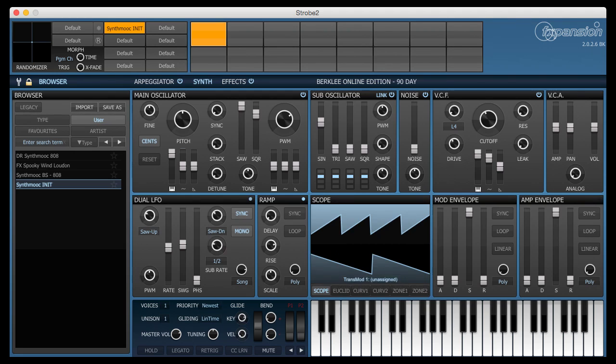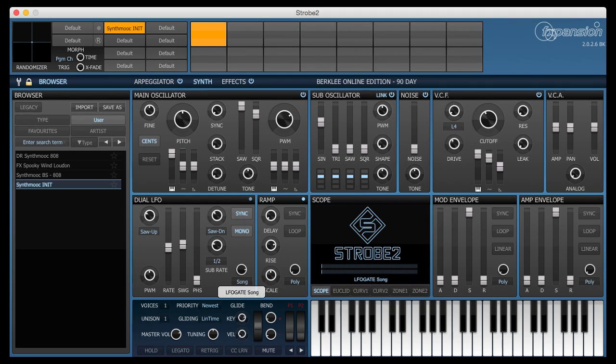So song gate, a really cool aspect of this, and kind of unique to Strobe 2 in a way, because they really thought about those details of how this LFO should be restarted. Yeah. So this is a really great patch, and we'll actually make one very similar to this when we do the synth section. Yeah, well, for the Benny Benassi stuff,